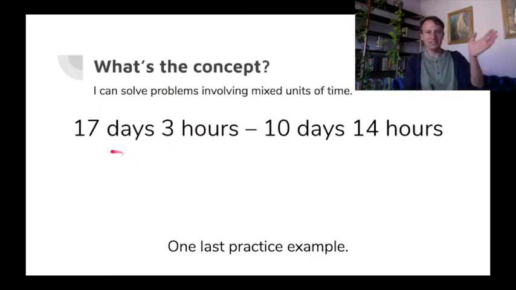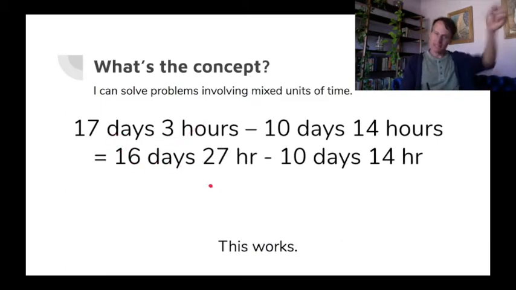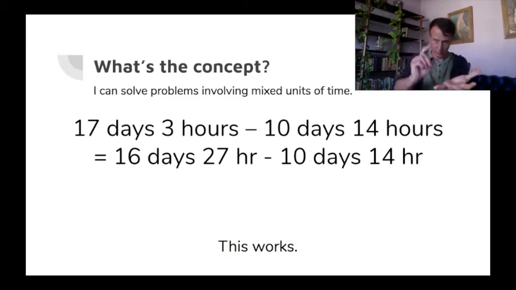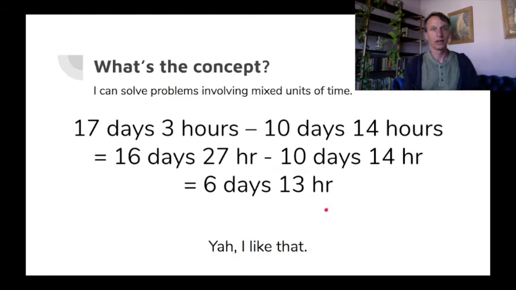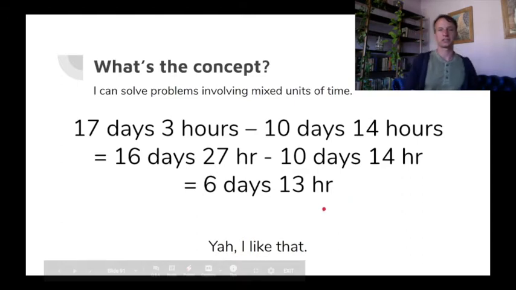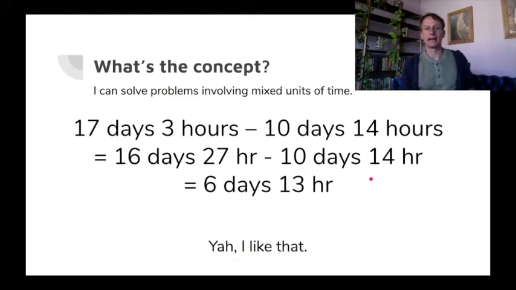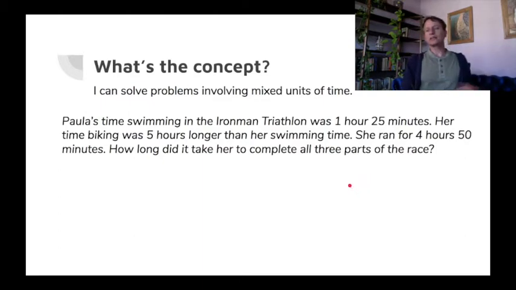All right, so 16 days I'm going to leave alone. That 17th day, I shall call it 24 hours, with the 3 hours already present, make 27 hours. And now I can subtract. 16 minus 10 days leaves 6 days. 27 hours minus 14 hours leaves 13 hours. All the clocks were striking 13, weren't they? Yeah, I like that. All right, now we're going to do the lesson 10 portion of this combined lesson, where